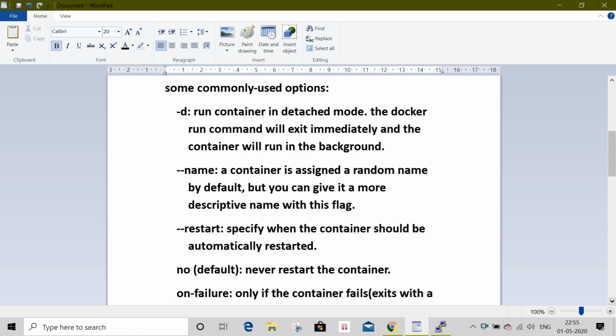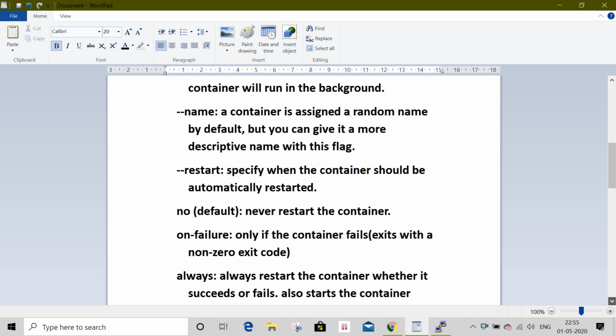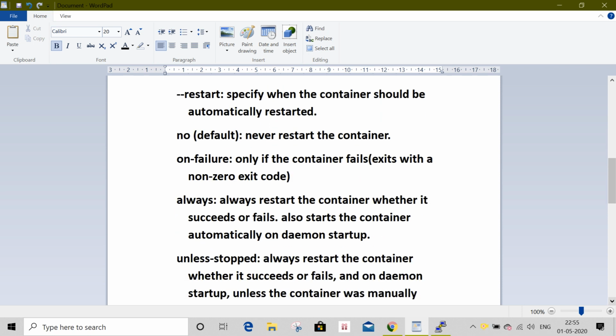--restart specifies when the container should be automatically restarted. No is the default, never restart the container. On-failure restarts only if the container fails, that is, exits with a non-zero exit code.